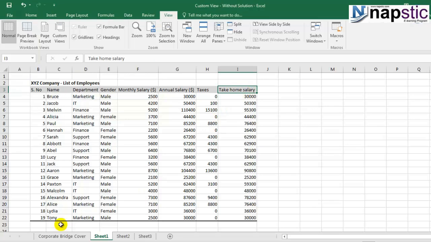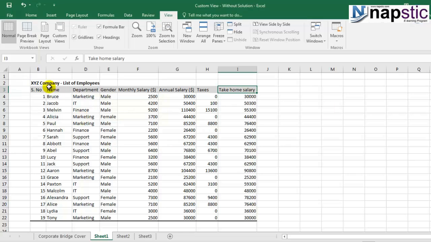Now, if you edit this data and you want to keep it in certain views which you may want to use in the future, let's say in the future I may not want this entire list, but let's say I just want to know their names, department, and gender, I can store that as one view, and then we can have the original view also stored with you and also the new view that you have saved. Let's do that and it will be very easy for you to understand.